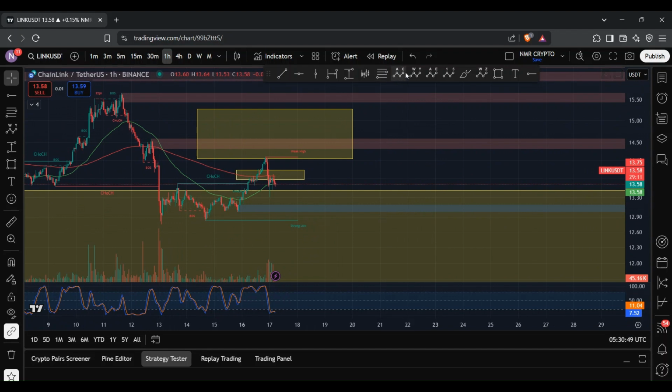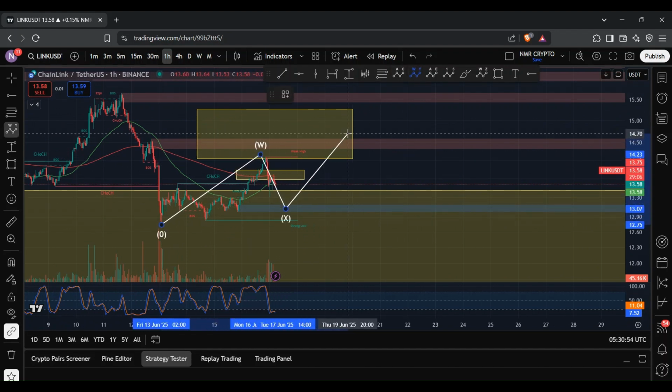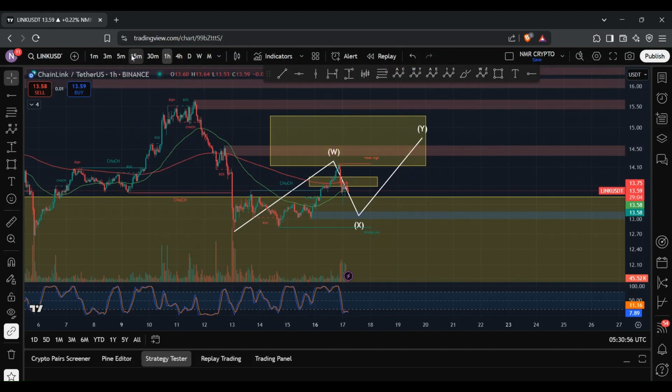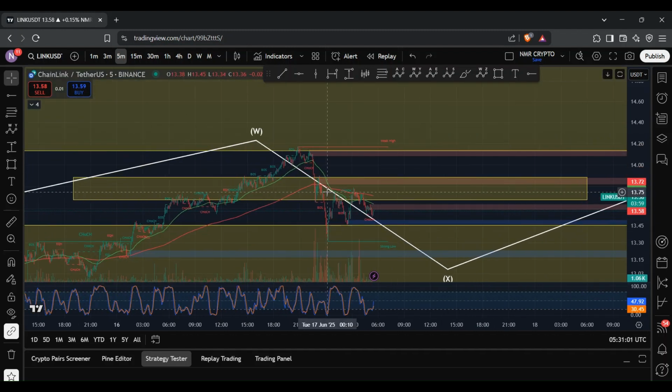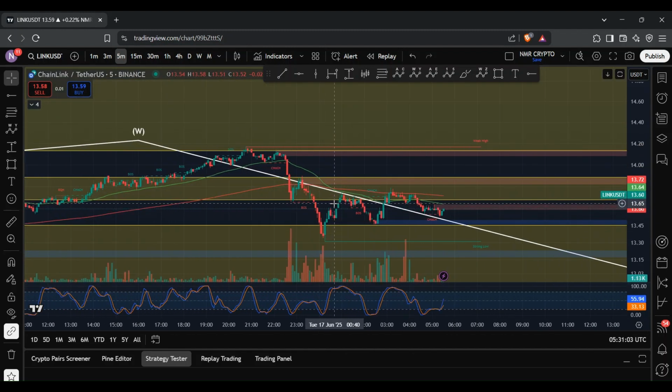So if I remove this and remove this, what I am looking at for now is a bigger WXY structure to the upside, where this is a W wave, this is the X wave that we're currently in, and followed by a Y wave. And so what I'll do is go on the 5-minute chart and check to see what has taken place. And here it looks like